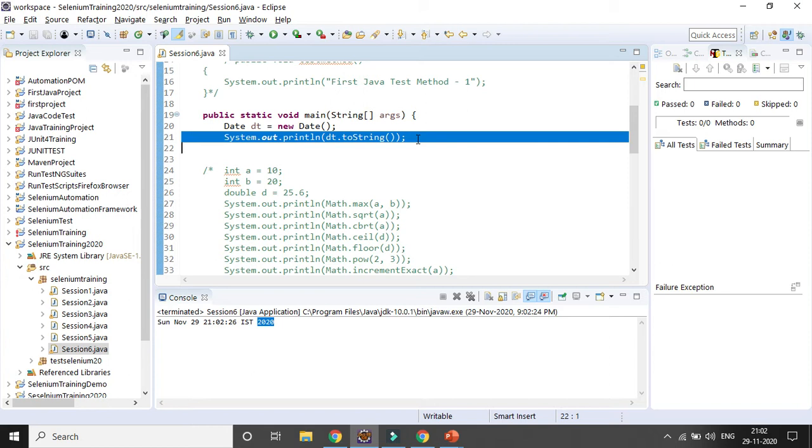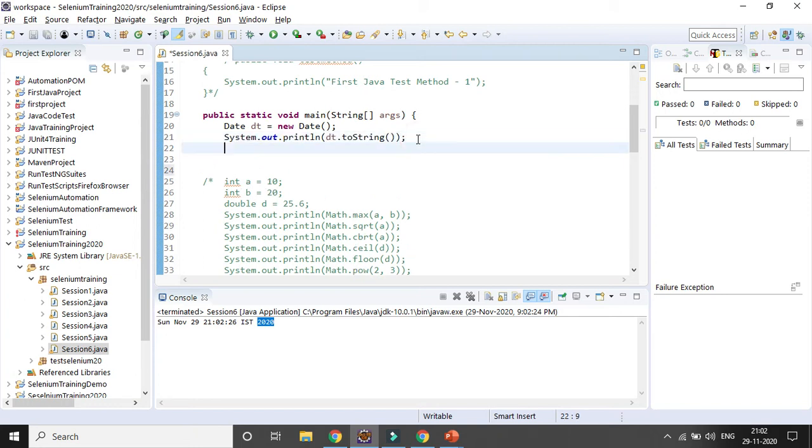Now if you want to convert to a specific format, what you need to do is declare a variable. Suppose I am declaring the variable as a String, because I want to convert it, and you can use a variable called format equal to the structure in which you want to convert it. So I will give, say, hour, then minute, then second. This is the format first.